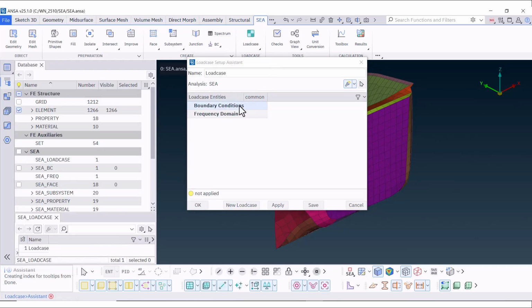Press right mouse button on boundary conditions to apply a new constraint or a new load. Select to apply a power source.